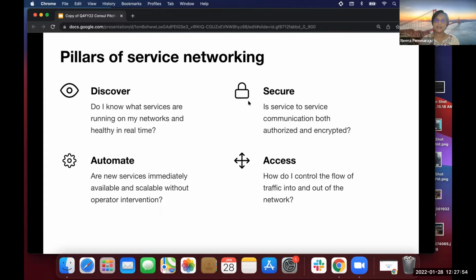That's what service networking is about, and there are four pillars. First, discovering what services are running and their health. Then securing it, so any communication between services, especially when some run in the cloud and some on-prem, is authorized and encrypted correctly.